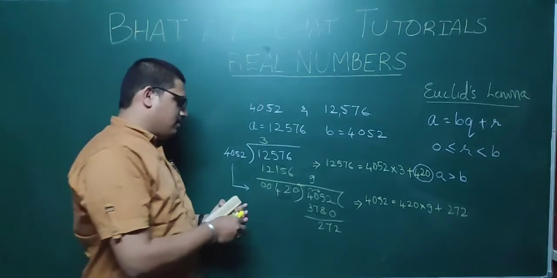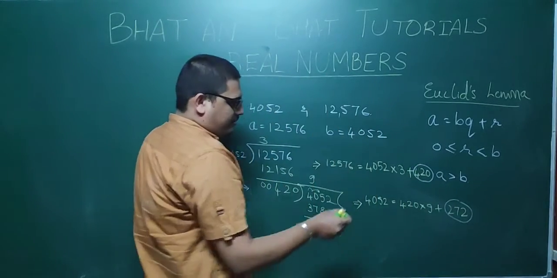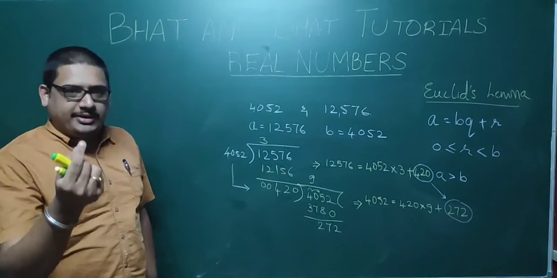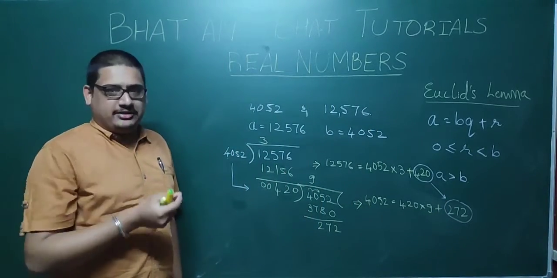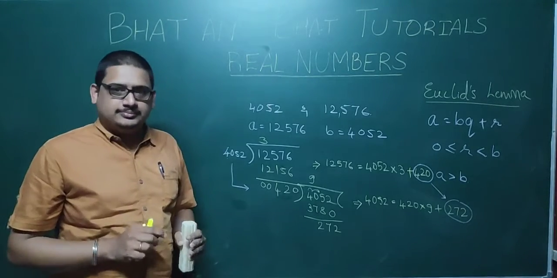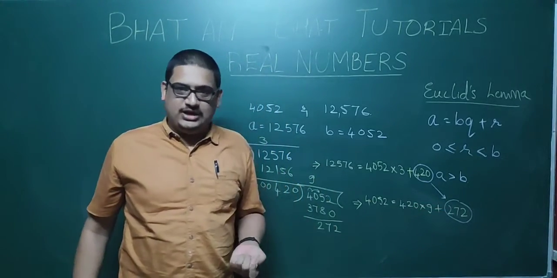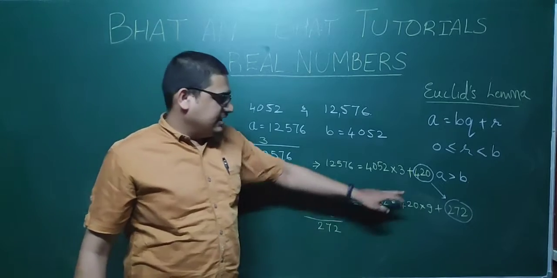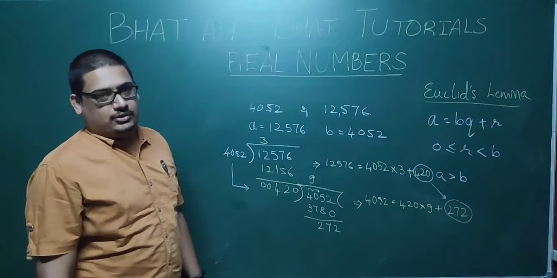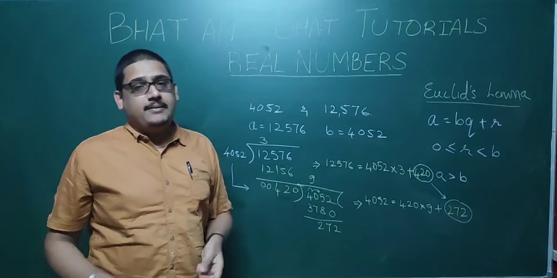Again, if I check here, my remainder is not 0. But you observe, step by step, my remainder is decreasing. That means we are approaching 0. This is one short trick for you to check during examination whether you are following the right method or not. See, step by step, my remainder is reducing. If you have made any calculation mistake, then you will be able to catch it from this observation. Okay, this is one short trick to ensure that you are following the proper method.